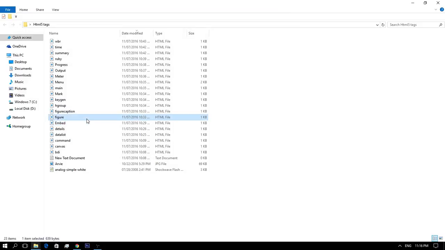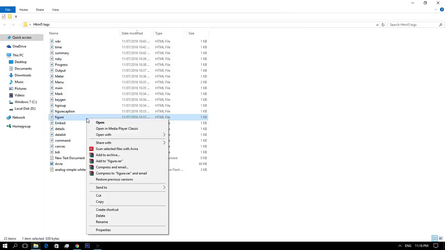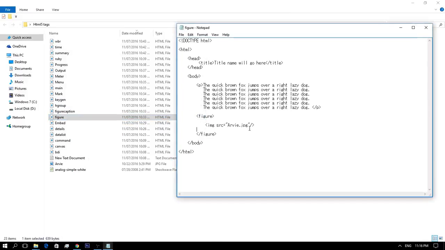So we have the figure tag. The figure component speaks to a new unit of substance, alternatively within a subtitle, that is independent and normally referenced as a solitary unit from the fundamental stream of the report. So that could be moved far from the primary stream of the record without influencing the archive significance.